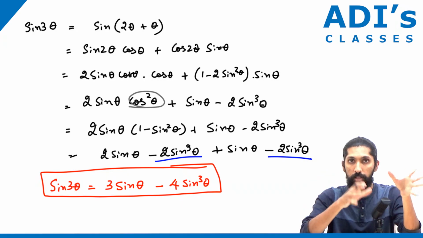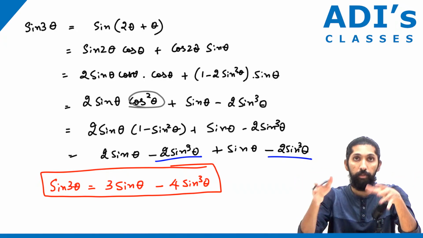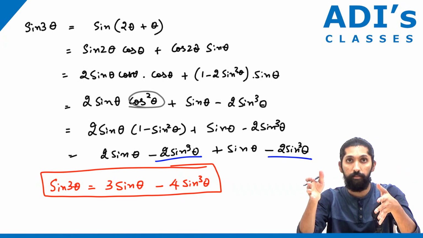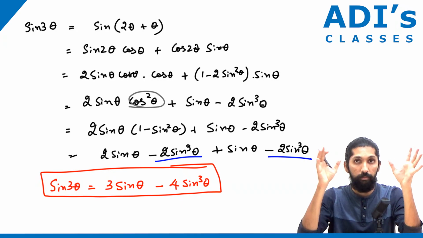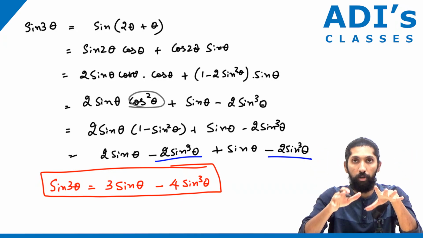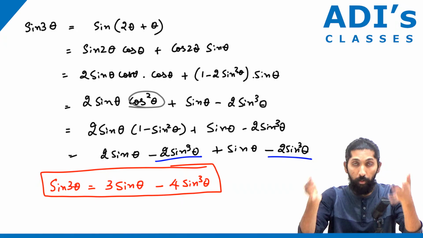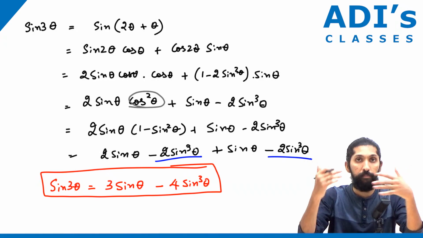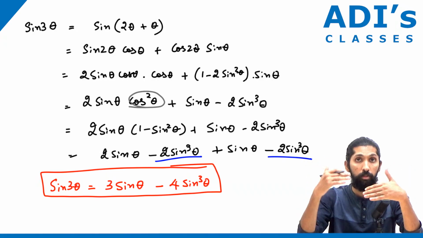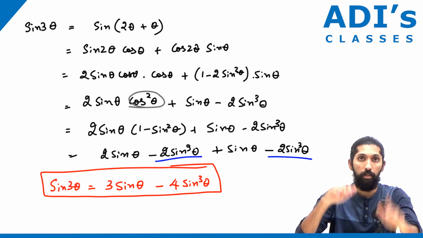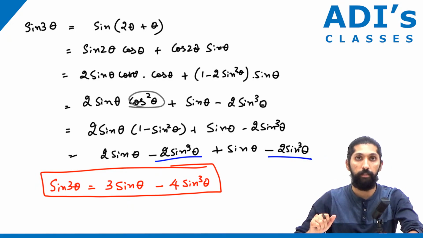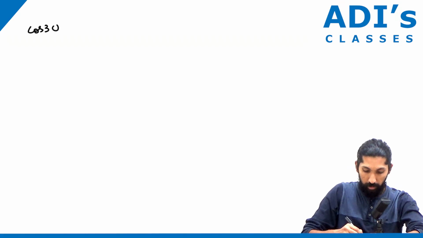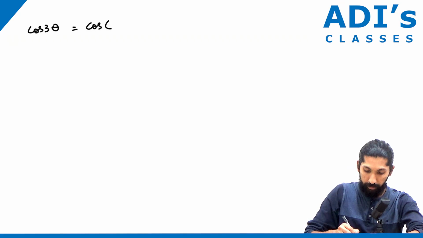The same thing, cos 3 theta is going to be cos of 2 theta plus theta. Now, the whole thing is going to be the same logic. You guys can pause, solve on your own, and then check the steps and the result as to whether it's matching whatever calculation you have done or not. Now, we'll do the cos 3 theta part. Cos 3 theta, this is cos of 2 theta plus theta,